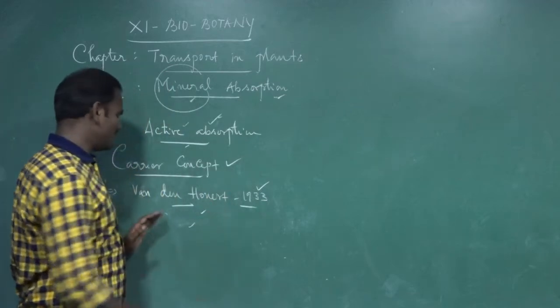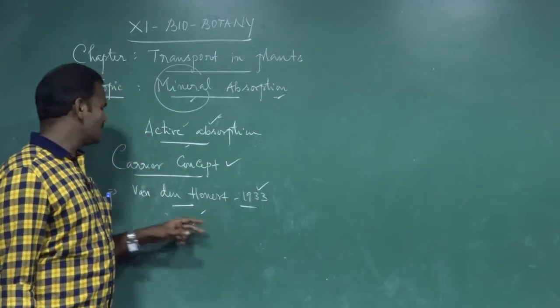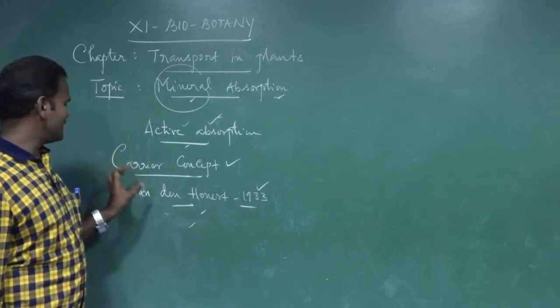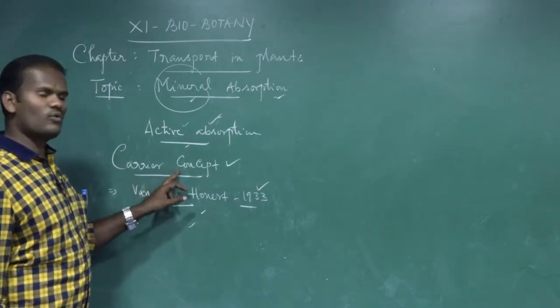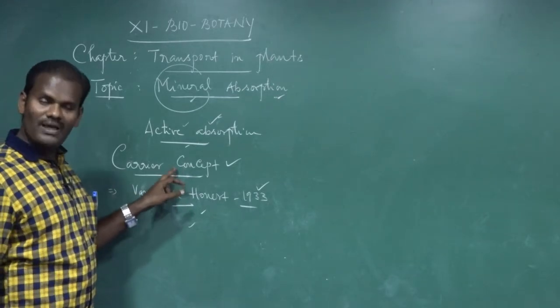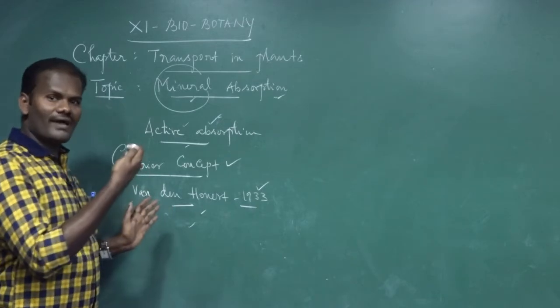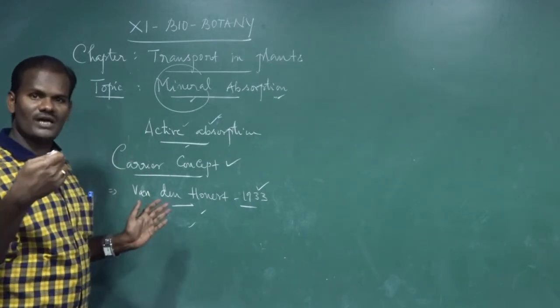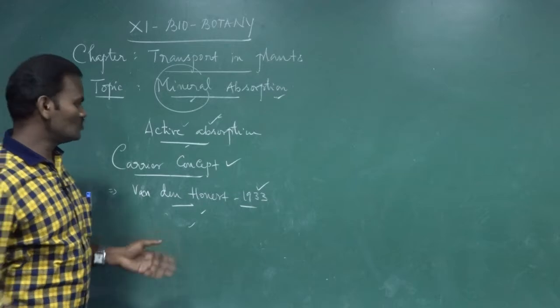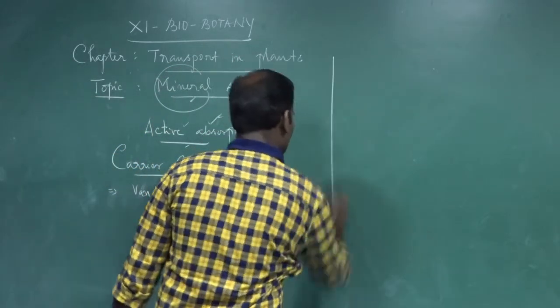So, how do these mineral ions cross a plasma membrane? Through certain molecules. A carrier molecule, carrier protein, membrane protein or transport protein present in the plasma membrane acts as a vehicle to pick up the ions from one side and carry them across the plasma membrane to the other side. So it is easier to understand if we draw the diagram here.